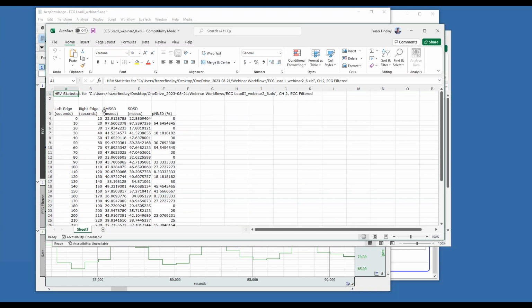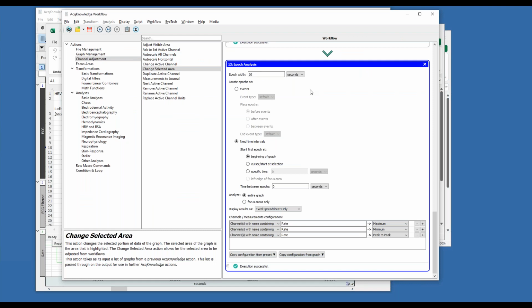And over here, this is the HRV analysis. So we selected 10 seconds, the root mean square of the successive differences, the standard deviation of the successive differences, and then the pNN50 as well. And so again, I just used the default 10 seconds. So very quickly, we've been able to create a pretty advanced analysis routine that's performing a lot of these different